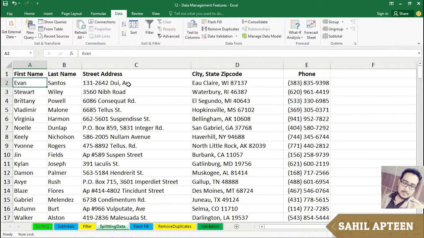Now, is it better to put these back together into a single column? Santos, comma, Evan, Wiley, comma, Stewart, Powell, comma, Brittany, and so on. We could do that. It might save us a little bit of horizontal space on the screen, but there's certainly nothing wrong with what we see here. You might eventually add another column for middle initial. It just depends upon the individual needs, but this is certainly acceptable here,